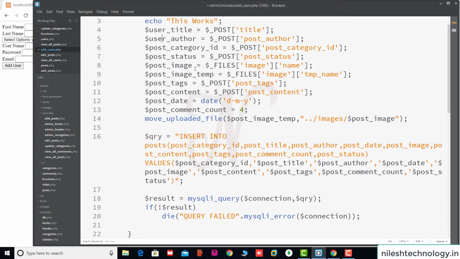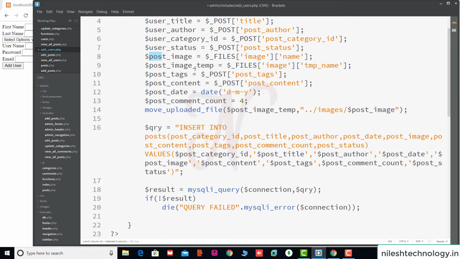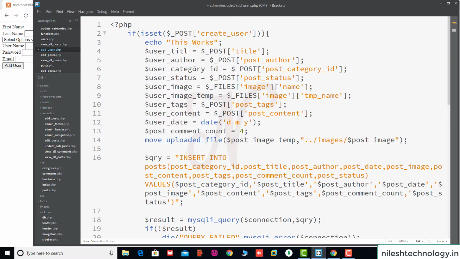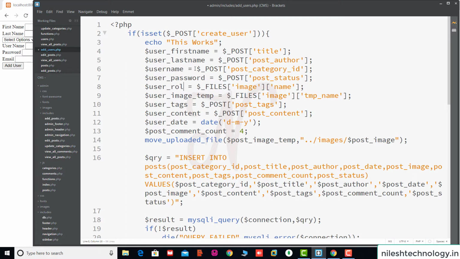So we replace here: this is the user first name, user last name, this is the username, user_password, user role, and the user email ID. Okay, that's enough.